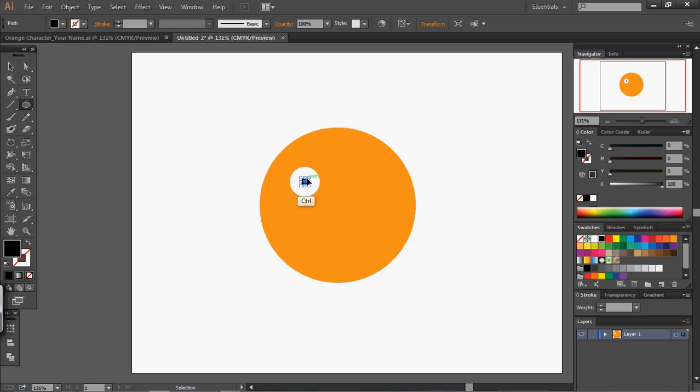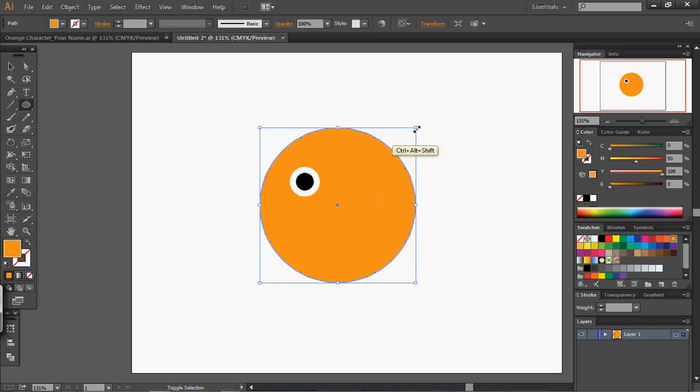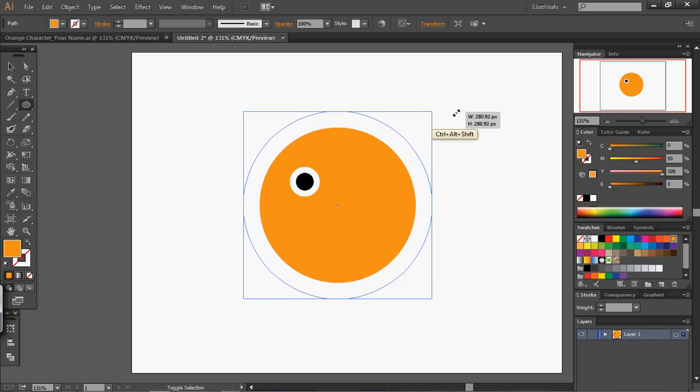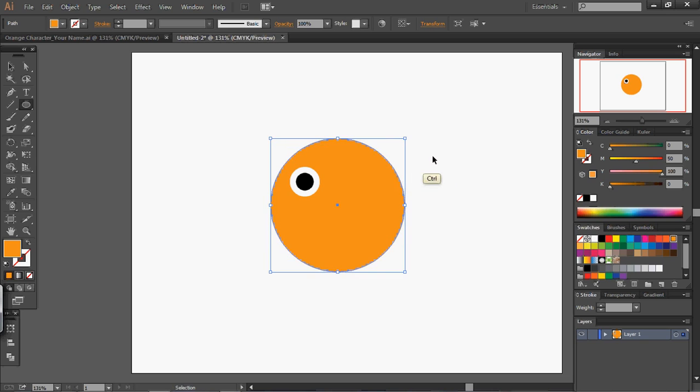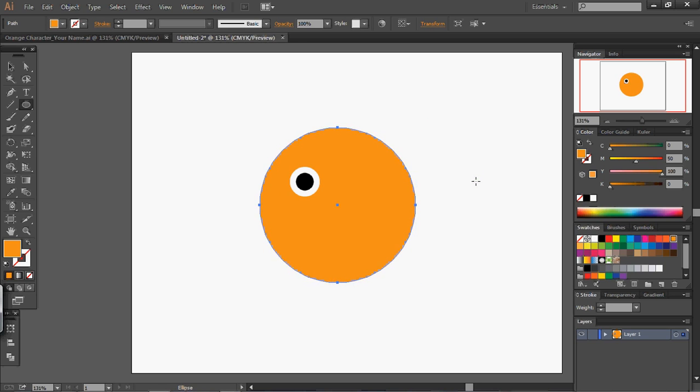So I'm holding down Shift and Alt to scale up the size of that shape. I'll show you again with the body. Just click on it holding Control, Shift and Alt, and it brings up a whole lot of other options for working with shapes. Now I want to duplicate the eye, so instead of drawing it again, it's made much easier